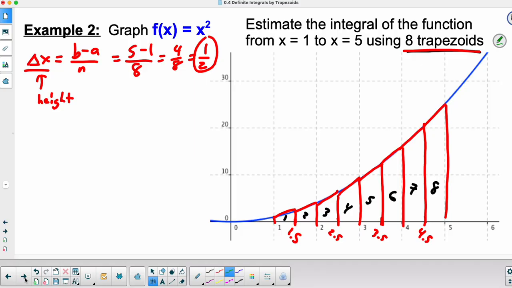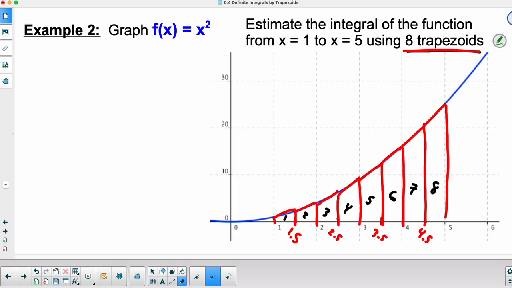Let's streamline this. I'm going to use the shortcut here. We said the change of x was a half by using that formula. That's important. I had to find out what that is. I'm going a half unit over, half unit over, half unit over, going down the line. My formula would look like this. Find the area of 8 trapezoids, so T sub 8. It's going to say my change of x, 1/2, times